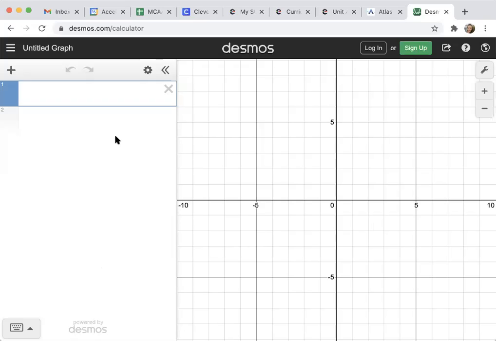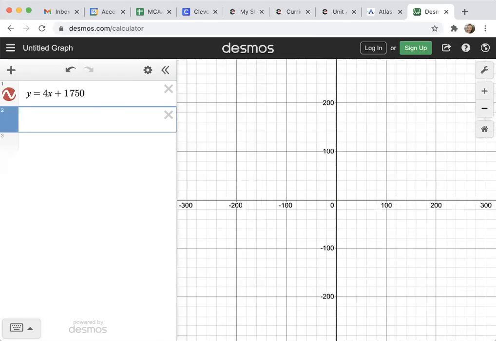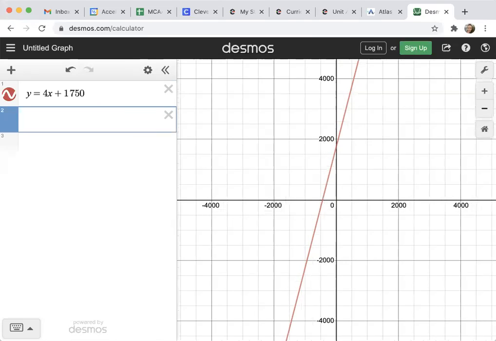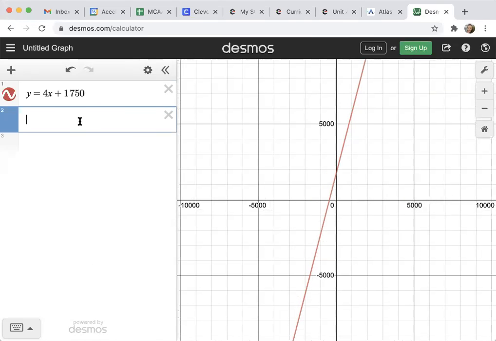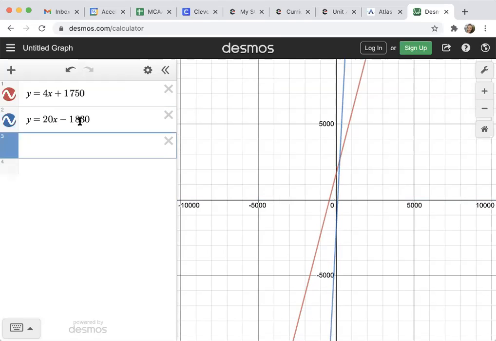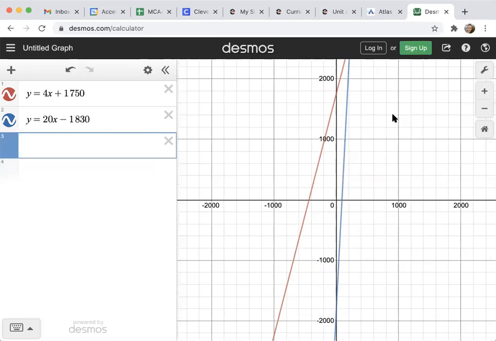So I'm going to type in the two formulas that I wrote down, starting with y equals 4x plus 1750. And I'll have to zoom out of this. Okay. And then the other one is y equals 20x minus 1830. Okay, so see, one is a red line and one is a blue line,